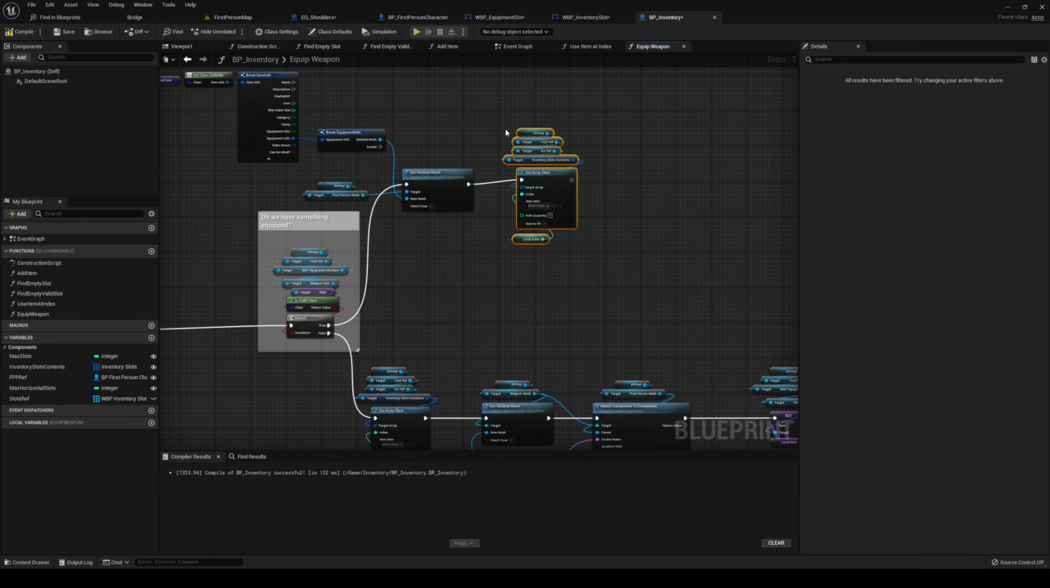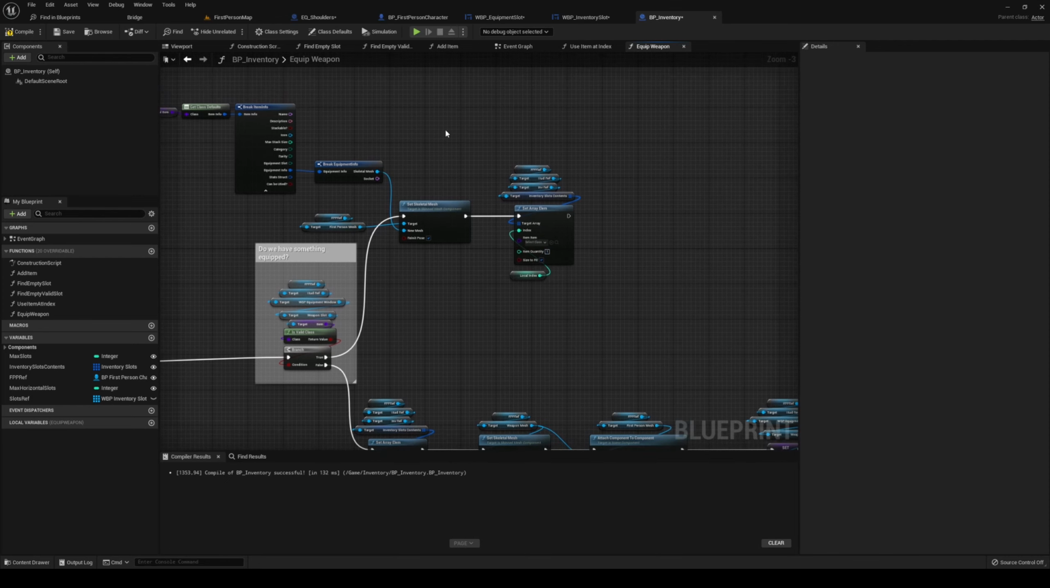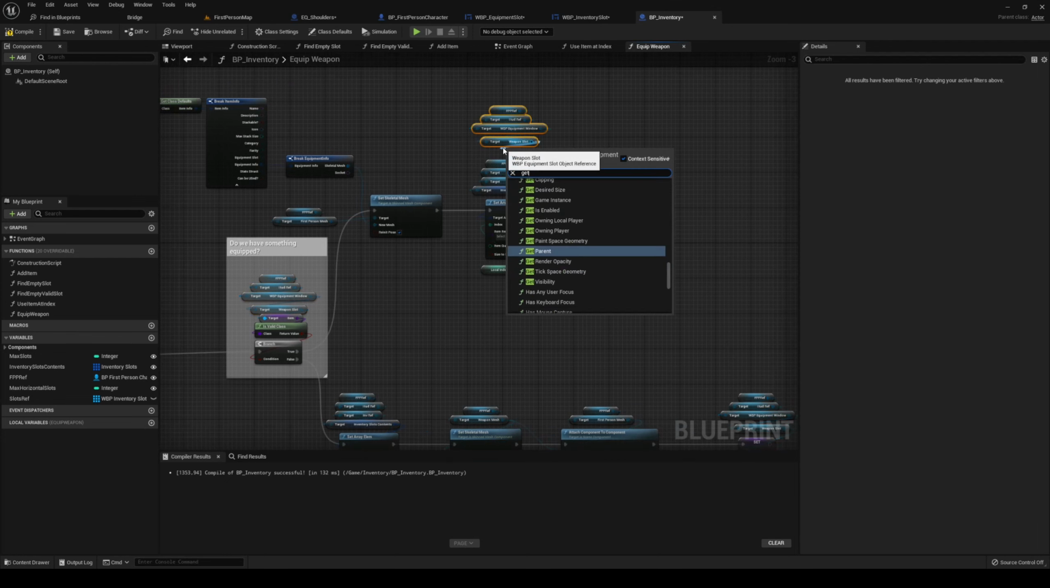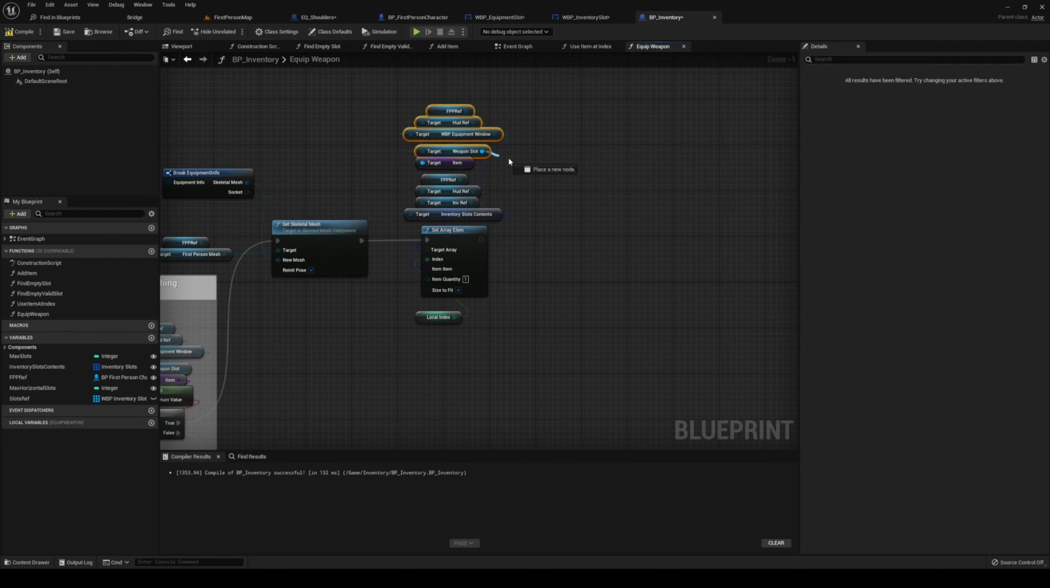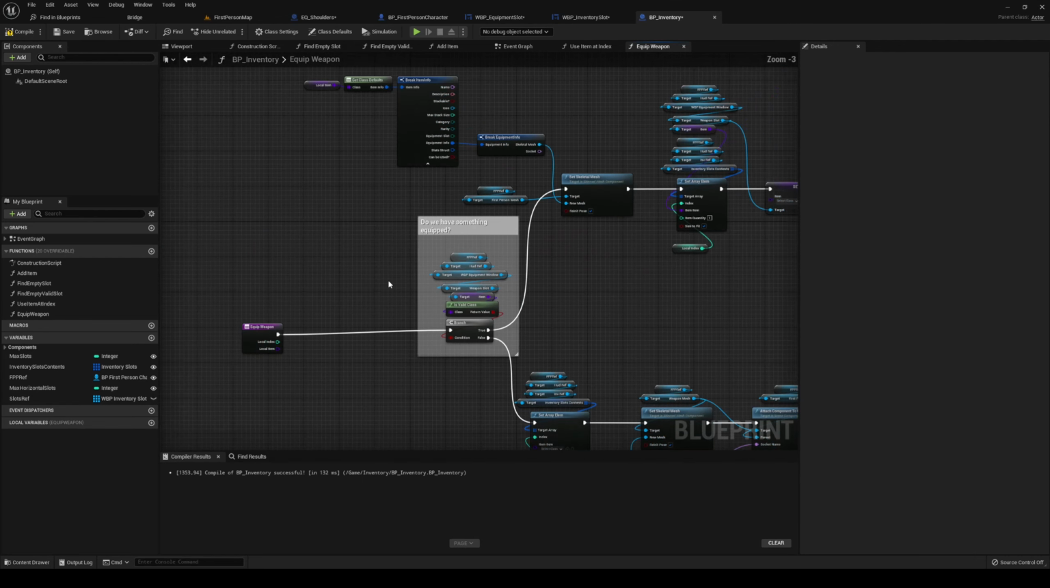Set the array. This time not to blank though. This time the index is going to be local index. The quantity is going to be 1. The item is going to be the item from our weapon slot, like that. And then get item. Plug item in. After we have plugged the item in, we can set item. So set item to the local item that we are